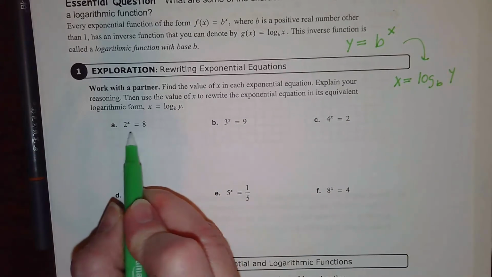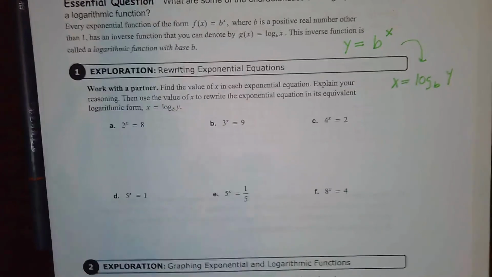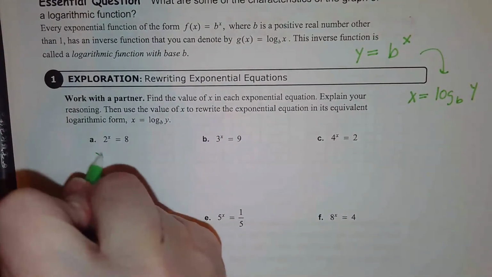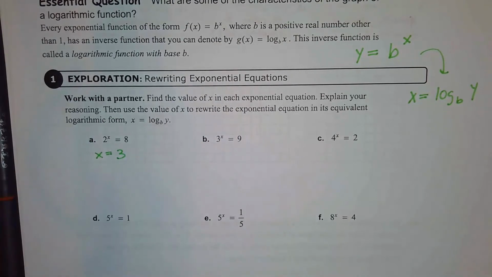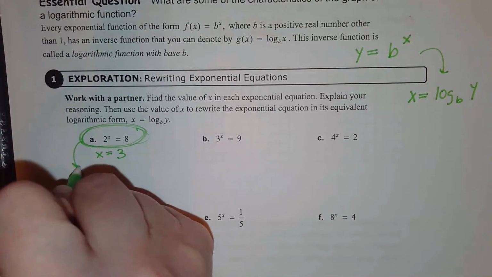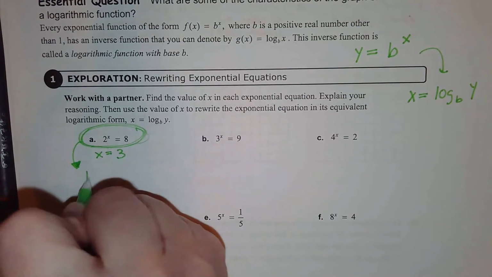All right, so all I'm asking you to do here is say, okay, 2 to what power equals 8? And so most of you would probably tell me that is 3, right? 2 to the 3rd power is 8. To write this exponential form as a log, what I want you